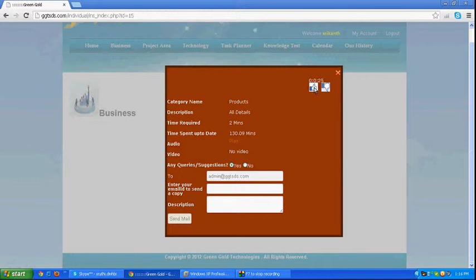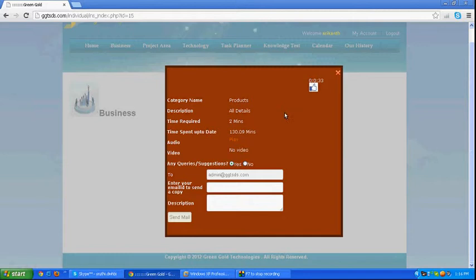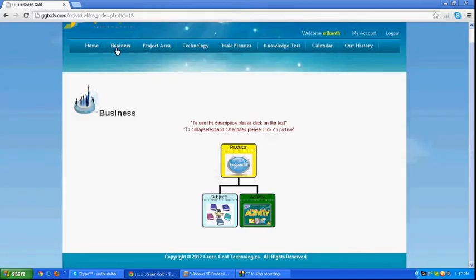If you want to like or unlike this pop-up window, you just click on these. If you click on like, you can observe this like symbol, and if you click on the play, you can listen to the audio. Likewise, you can keep anything in this business area.